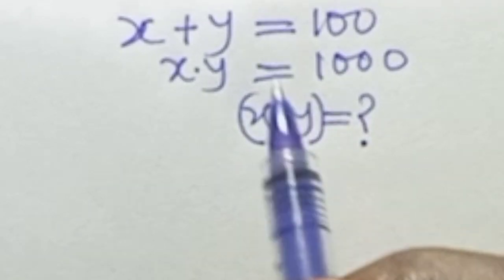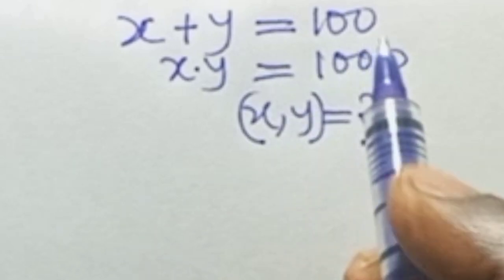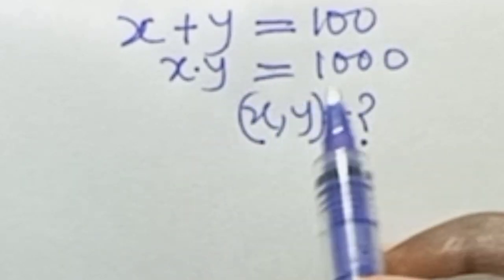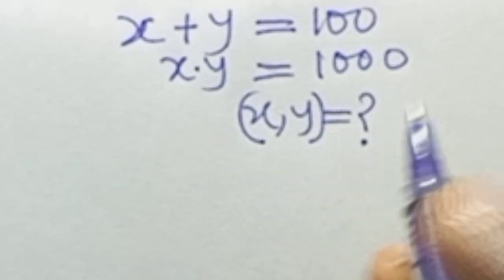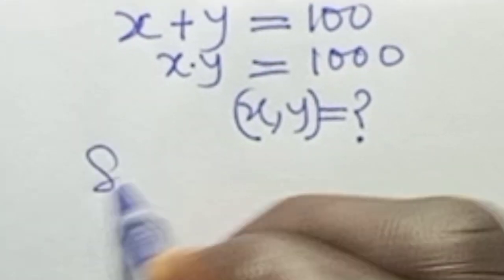So let's solve this together. It says x plus y equals 100 and x times y equals 1000. x and y are the unknowns. So if we say solution,